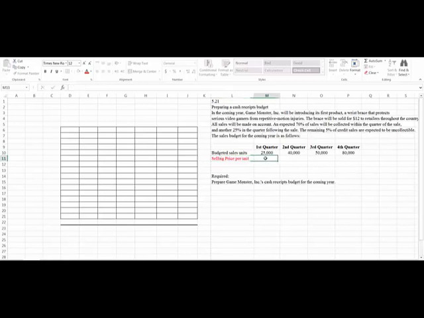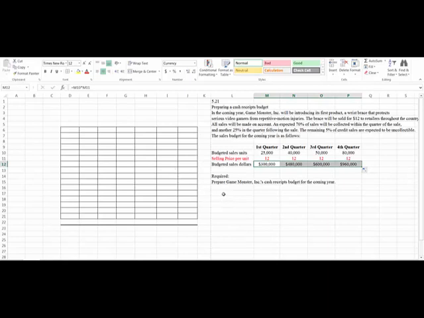which is going to be $12. Right? Okay, and we're going to call this budgeted sales, but not in units. Let's say budgeted sales dollars. Okay, so this will be equal to the 25,000 times $12 a unit, and this will give us sales dollars. All right, so now that we have our sales dollars, that's the information we're going to need to prepare our